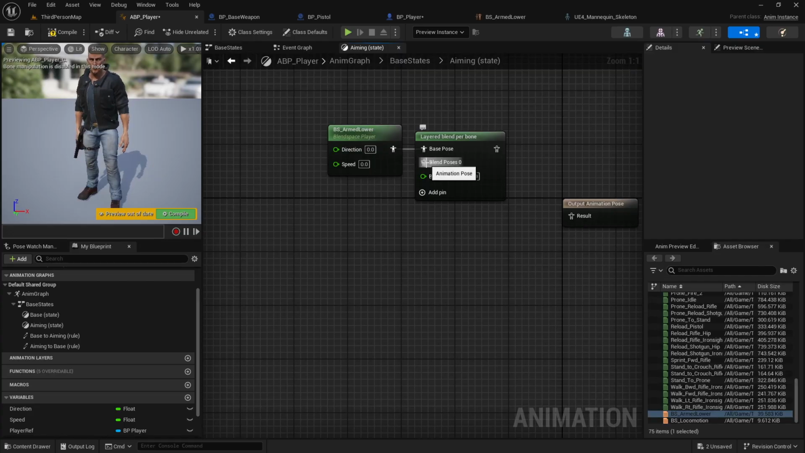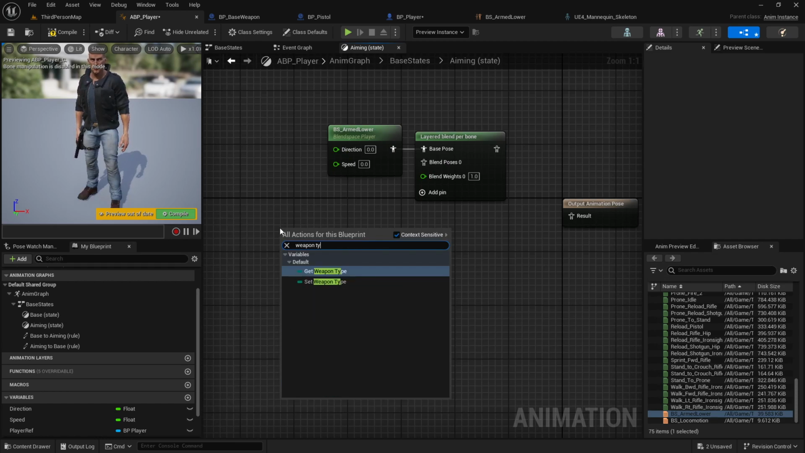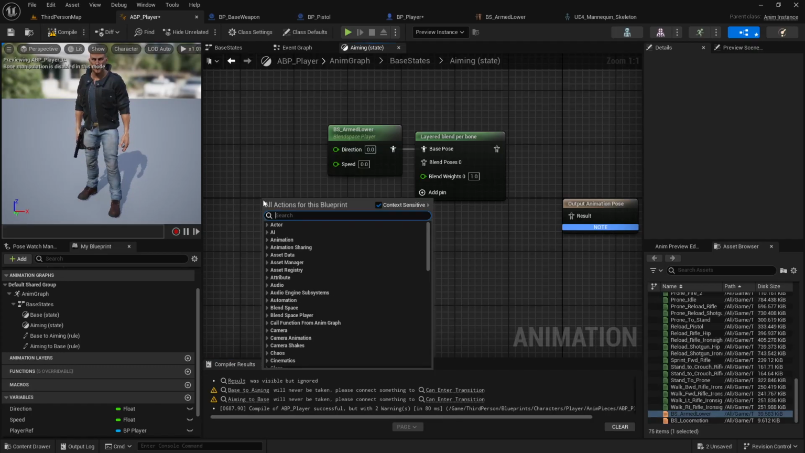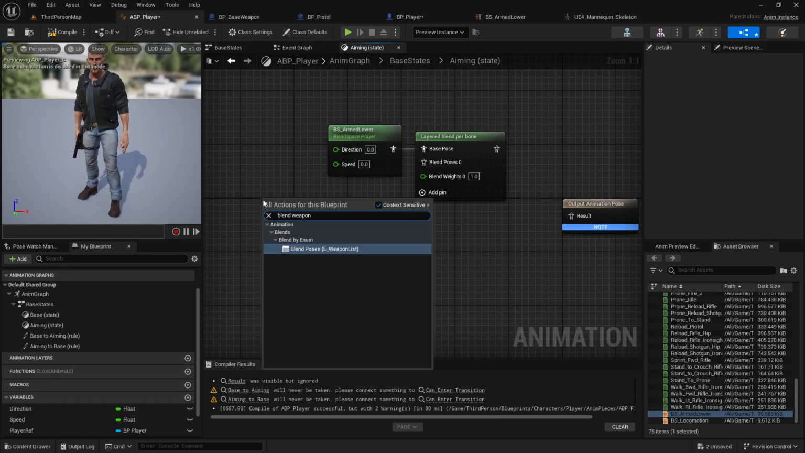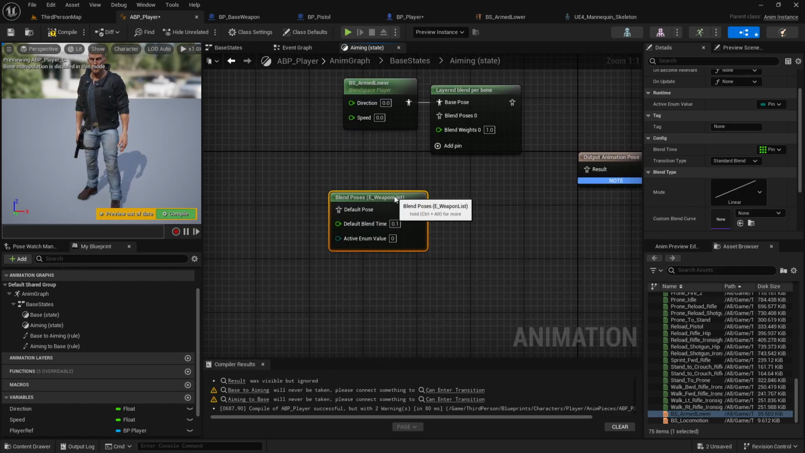Now for the blend pose, we want to change that based on what weapon type we're holding. So if we right click and just type in weapon type, blend weapon, weapon list, that's what it was called. So you can type in blend and then get the name of your enumerator, and it'll actually pull in a node for blending from that specific enumerator. We can plug this into our blend pose,